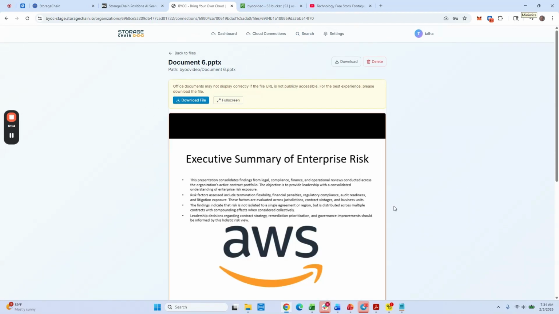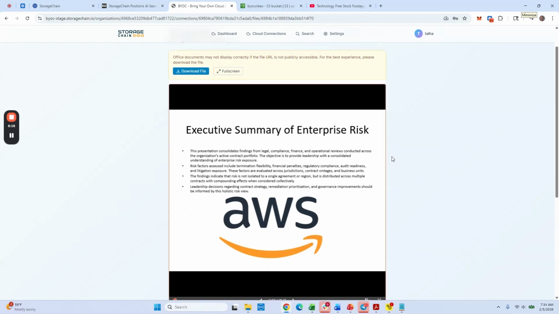An executive summary of enterprise risk here, and this is an AWS document. And StorageChain actually has a relationship with AWS where our products are available on the AWS Marketplace, and we're an AWS partner. So as you can see, this is connecting to the AWS S3 cloud, and it's returning